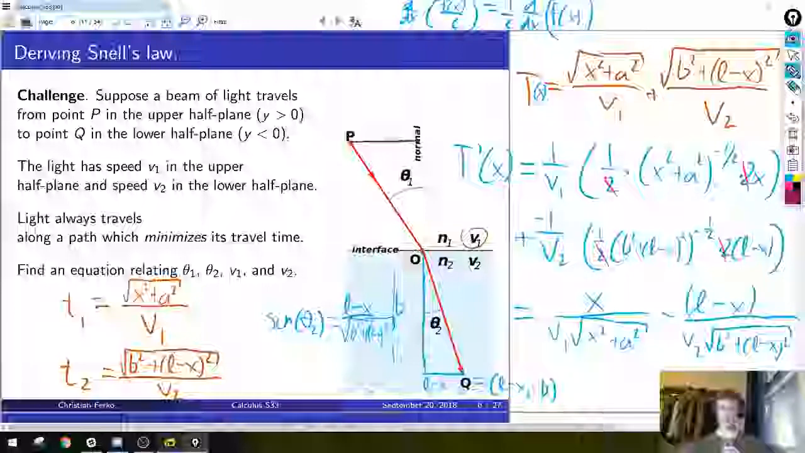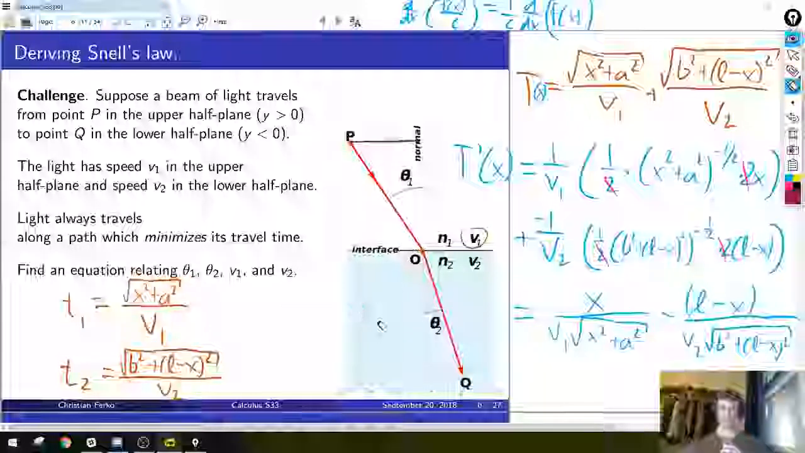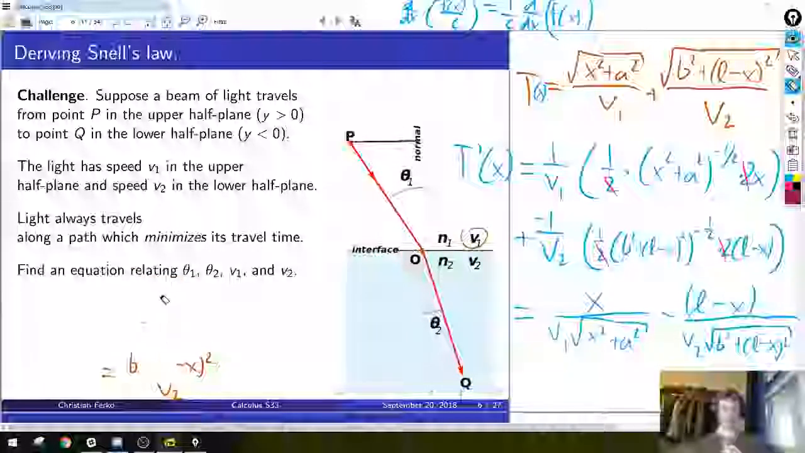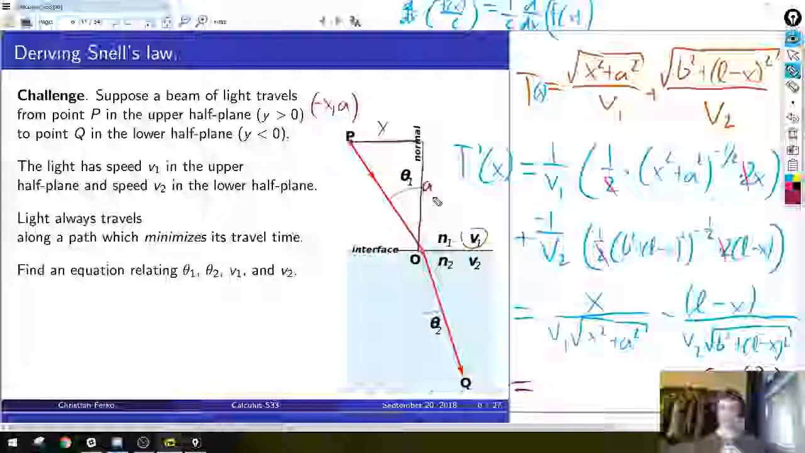So now I'm running out of space, but okay, let me erase some things. I don't know which pieces to erase at this point, but using that simplification, we have found that the second term at least is minus sine of theta 2 over the v2 that comes along for the ride. So let's see if we can play the same game with this first piece. So if the point P, as we've said, is supposed to be at minus x, a, which means this length is x and this length is a,